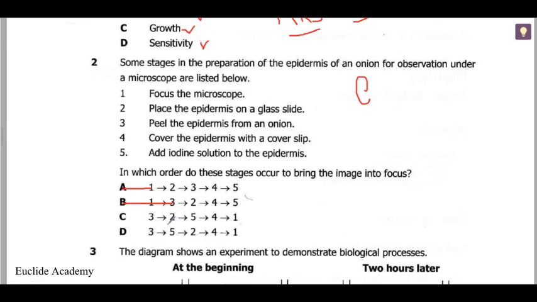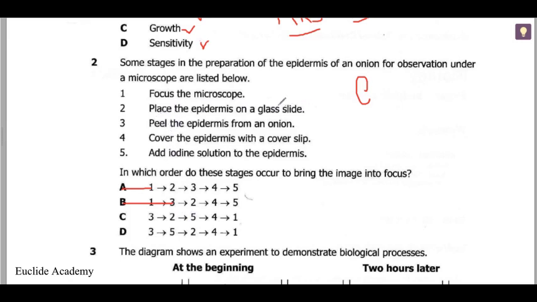So we remain with 3 and C. So we've just eliminated A and eliminated B. So now we have C and D. So we know that the answer should be between these two. So now let's see what is here. Is it 2 or 5? Next, is it 2, which is place the epidermis on a glass slide, or 5, add iodine solution to the epidermis? So the correct answer here will be you first